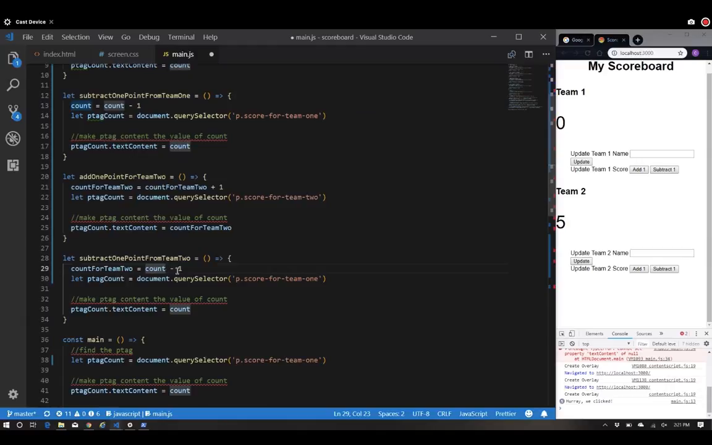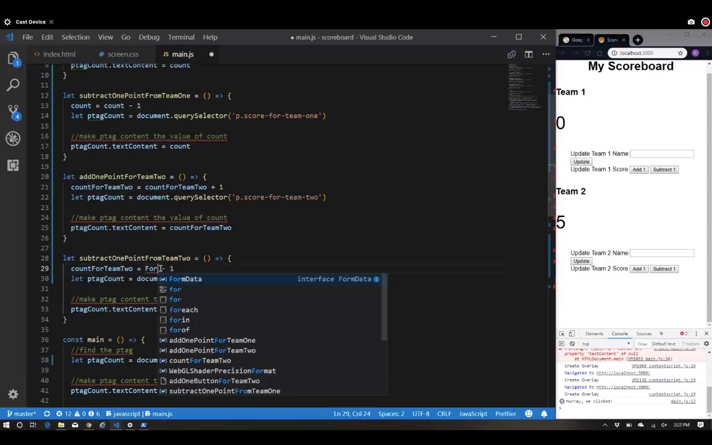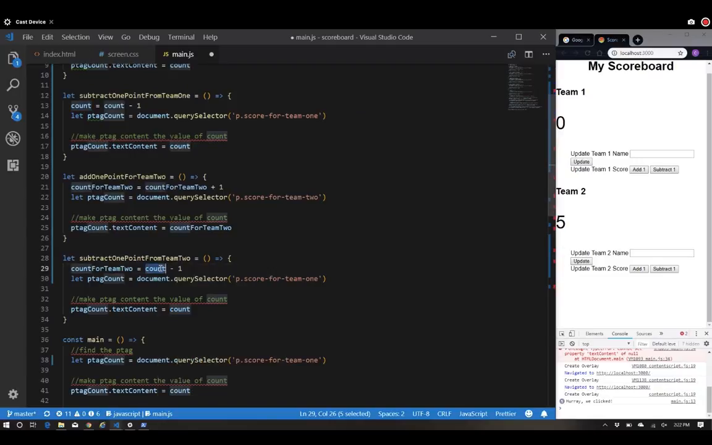So if that was the only thing, you did Control D, yeah, selecting all of them. So let's just change that to count for team 2. Just the idea that you can have multiple cursors. Count for team